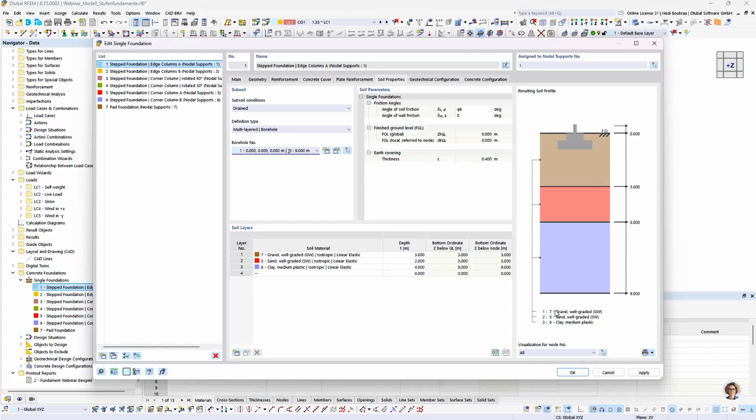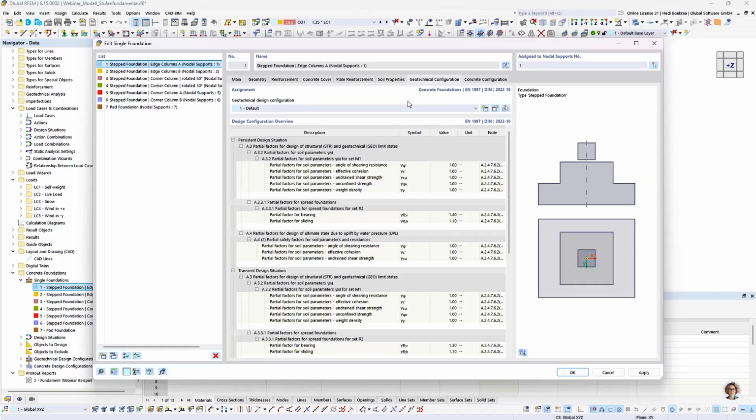Next, we look at the design configuration for the geotechnical and concrete checks. We start with the geotechnical configuration. This tab defines which geotechnical checks are performed for this foundation and which settings are used. Using the geotechnical design configuration field, a configuration is assigned to the foundation. In this case, configuration 1 is selected,